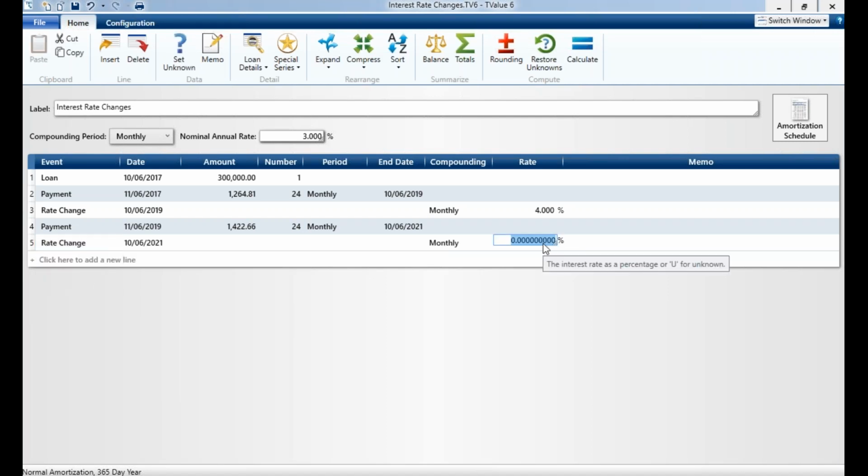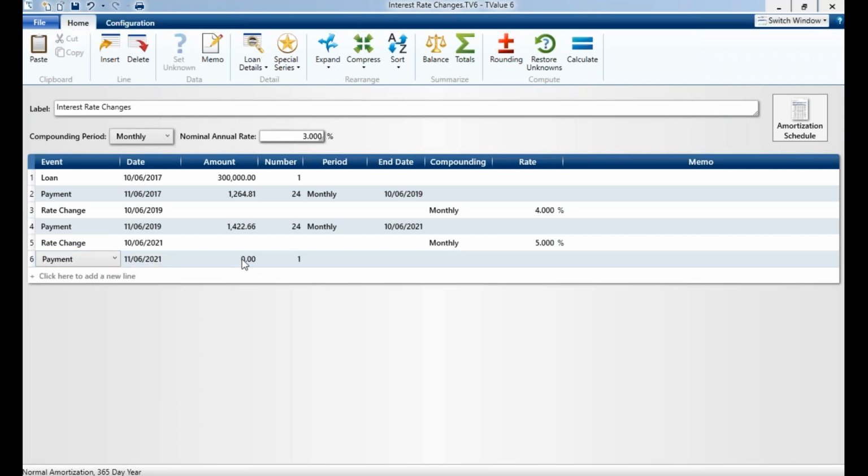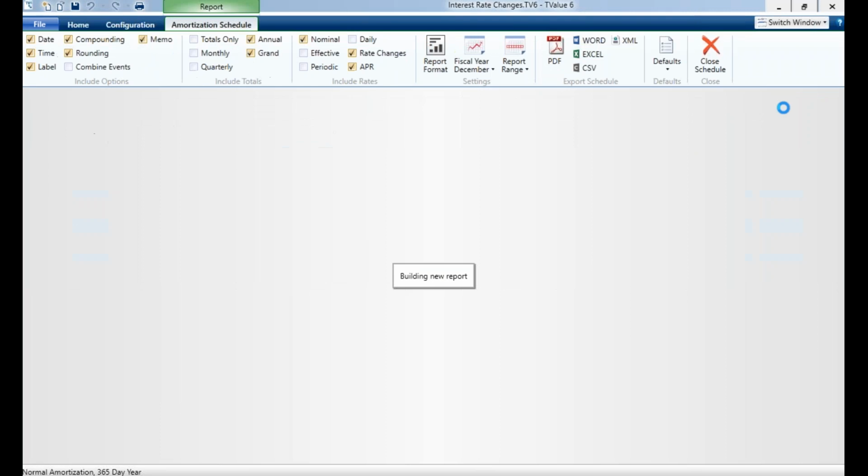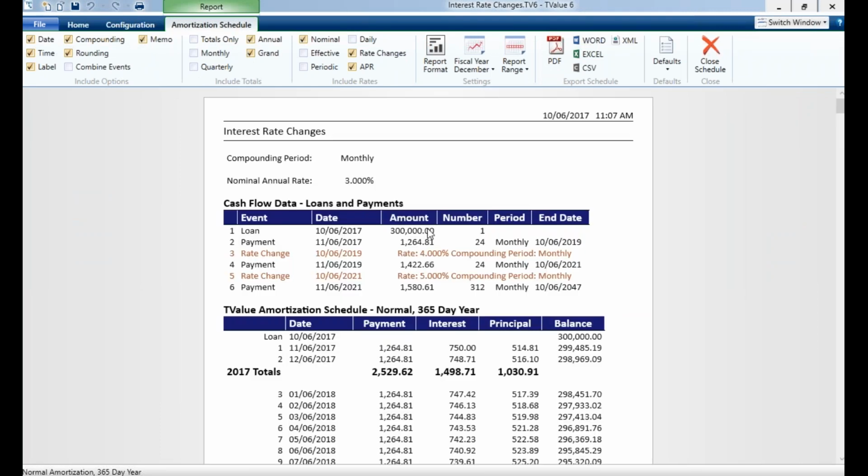We're going to change the rate to 5% and go back to line 6, put U for unknown, and then once again we're scheduling line 6 over the remaining term, which will be 312, and hit calculate, and our payments are now $1,580. We can go to the amortization schedule and see that here's our detail of all our rate